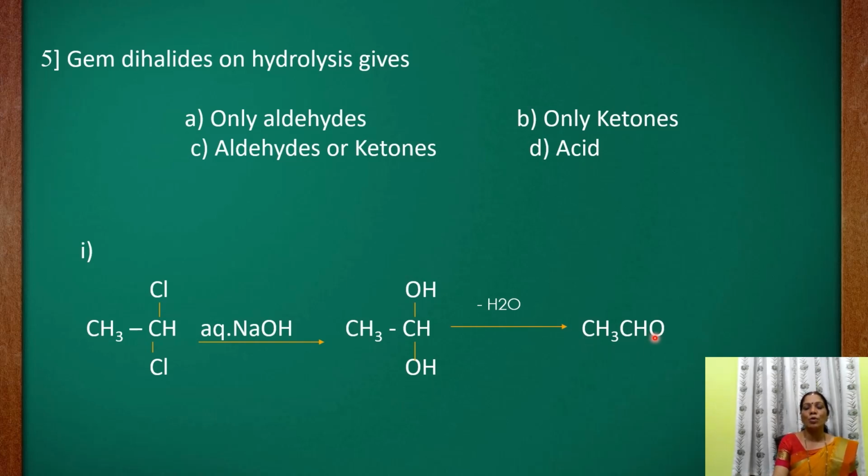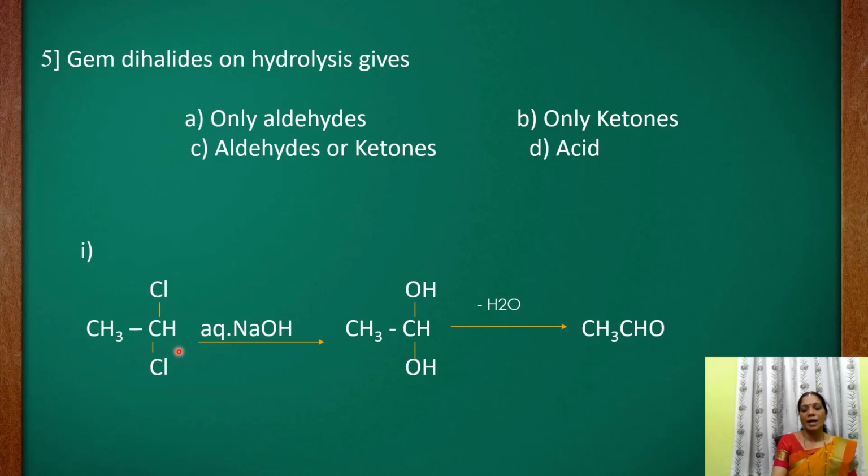That I have written here. CH3CHO, which is a functional group you have got. Aldehyde group. What is this? Ethanal, isn't it? The compound is called what? Ethanal. The IUPAC name of this compound is ethanal. That means the final product formed is what? Aldehyde. Aldehyde is a product formed only if the two halogen atoms are on the terminal carbon atom. Okay, we cannot choose this option A as a correct option because we have got this aldehyde as a final product. Here, only in the case of the halogens attached to what?